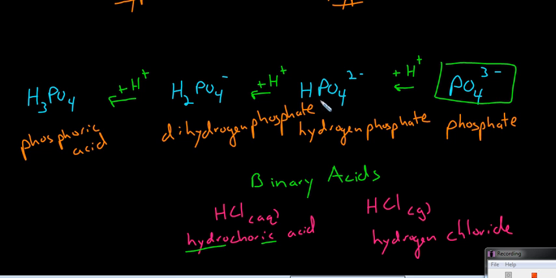Basically, you're just saying, hey, you have phosphate just like before, but now there's a hydrogen on there as well. Note here that if you're dealing with hydrogen phosphate, the charge has changed from phosphate. You had phosphate, this was 3 minus. When you grab one H+, you'll be losing a negative charge, and so you'll have a 2 negative instead